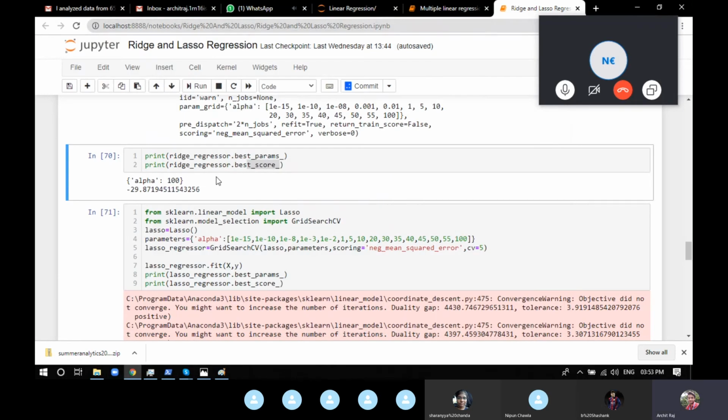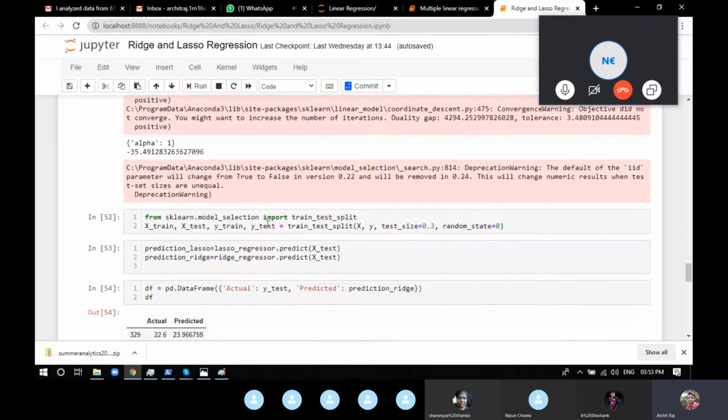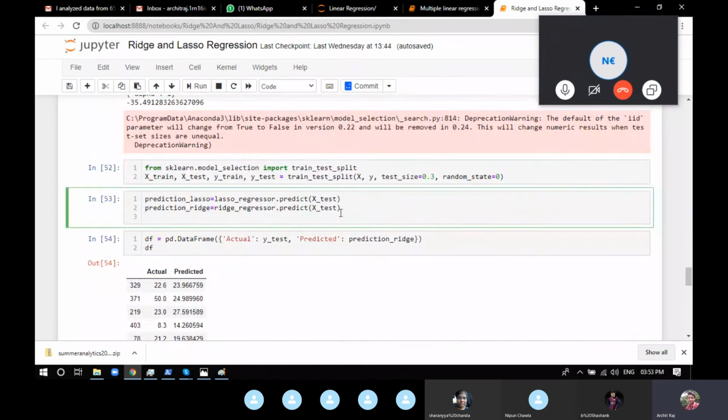So we saw ridge and lasso. Now, just to see what predictions we are making. Dot predict is a function that predicts on the test data that you're providing.